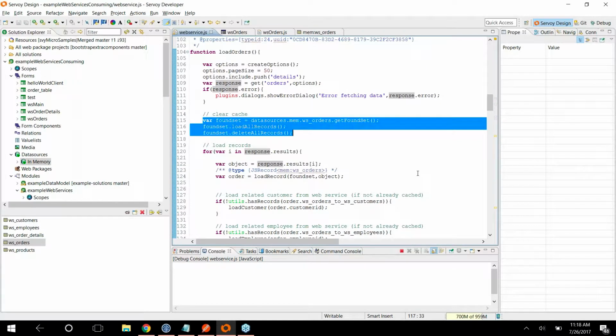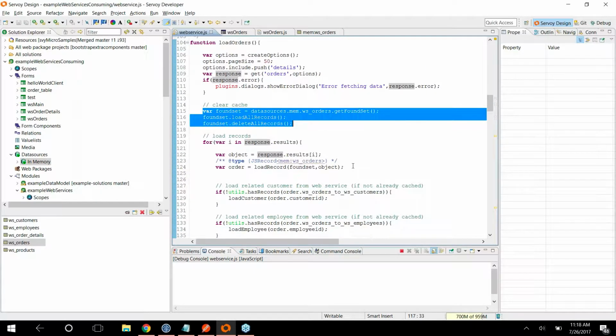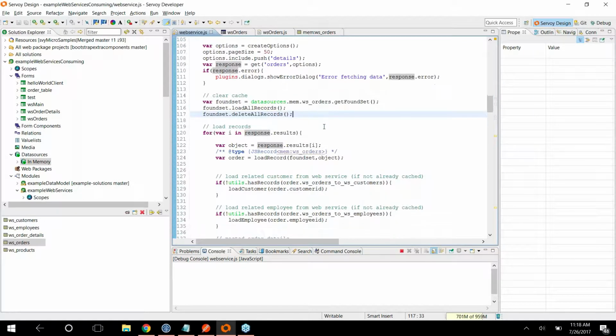So one thing I'm doing is deleting everything because I'm basically going to reload it. If I was in a pagination scenario, I might be paging in additional data, so I might not delete all records. This may be something where I step to the next chunk. I did want to do a pagination example here. The backend supports it, but I didn't set it up in the front end yet. Anyway, so we iterate over the